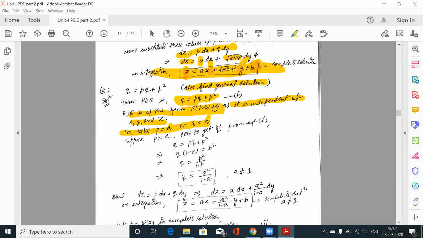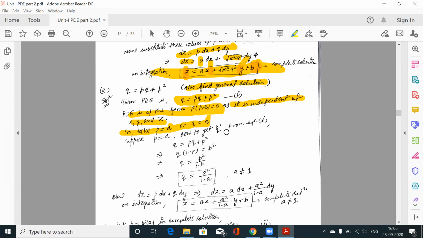So that was my remark, that you can use either of these forms, but you select the one from which you can get the other variable easily. Otherwise, since the value of p will be under a square root, the integration will be a little tougher. Anyway, there is no problem, you can use either. In both ways we will get our complete solution. But if you want to make the question easy, it depends, you can keep your question easy, or you can go for the typical one.